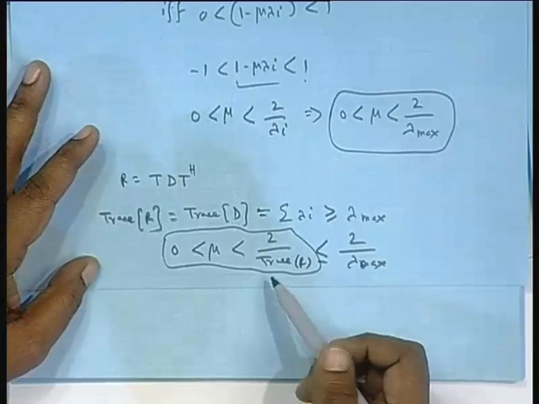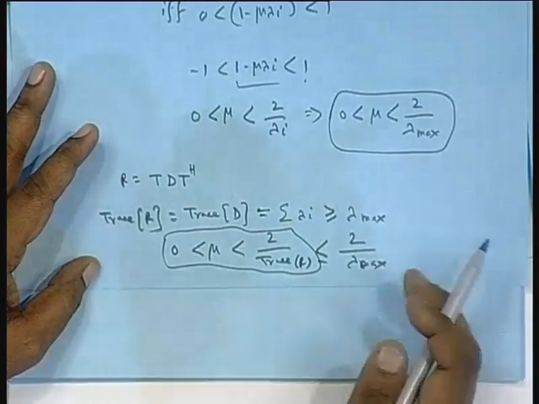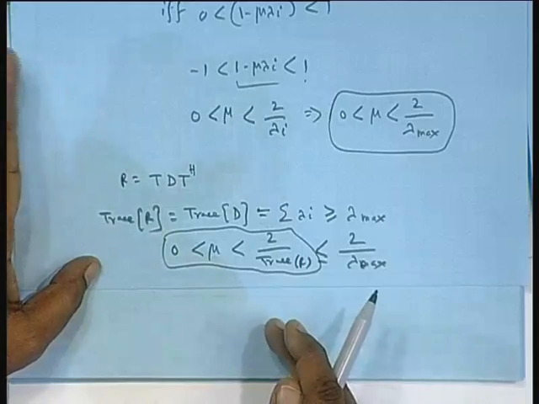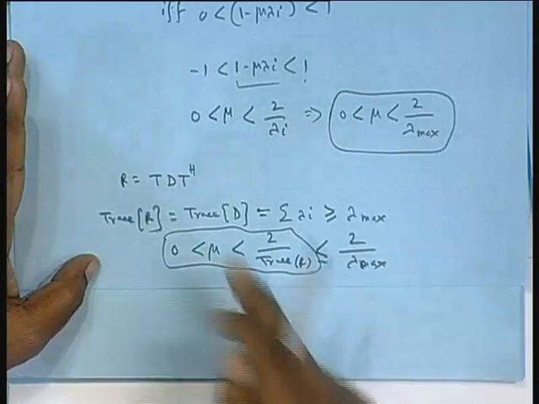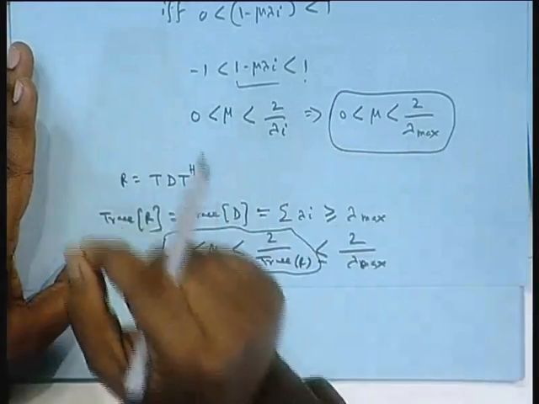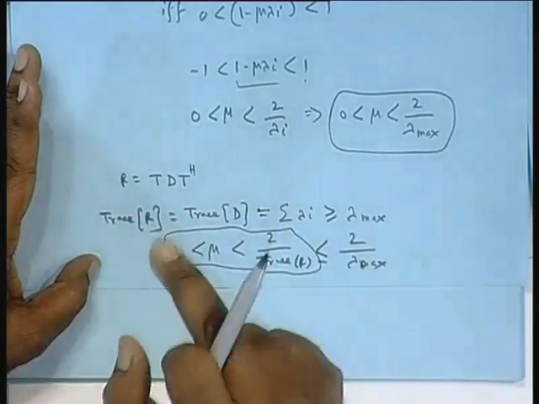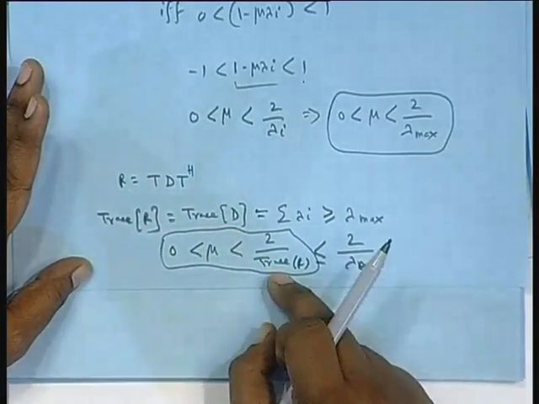If it is a stationary process, trace R after all will consist of the variances. If it is stationary, all the variance terms will be the same, Toeplitz matrix, isn't it? Toeplitz, same variance, whether it is the nth sample or the n minus 1, n minus 2, all have the same variance. So, just the number of rows times the individual variance, you have to put it here.